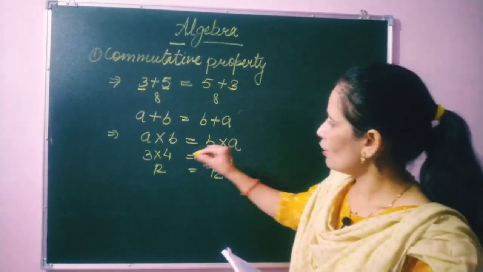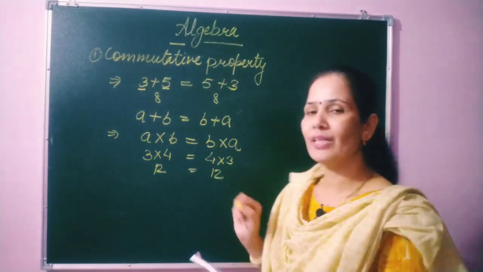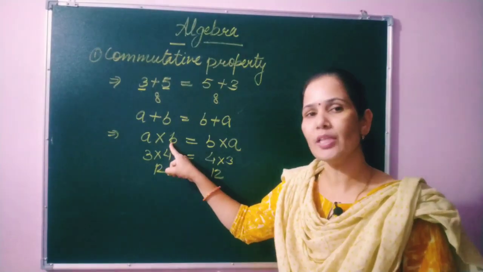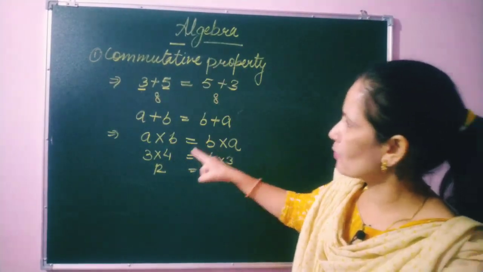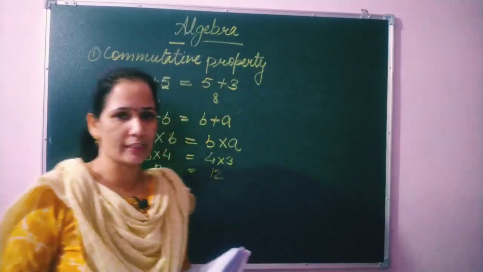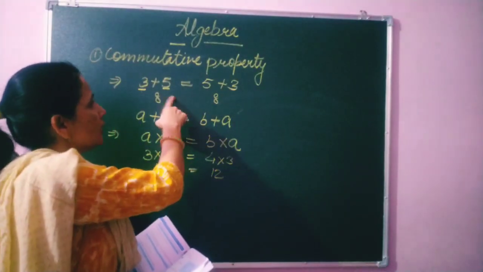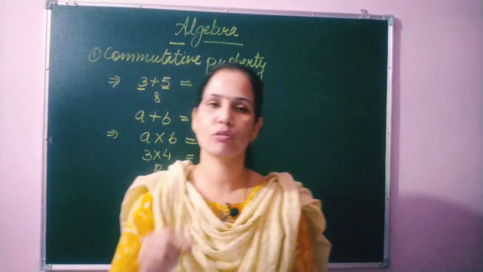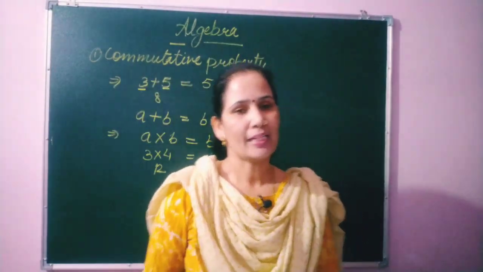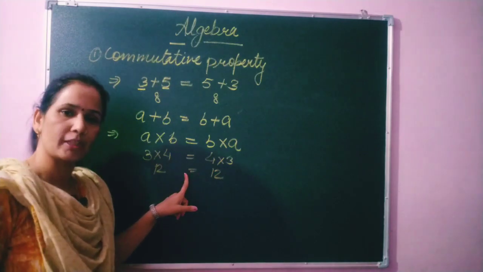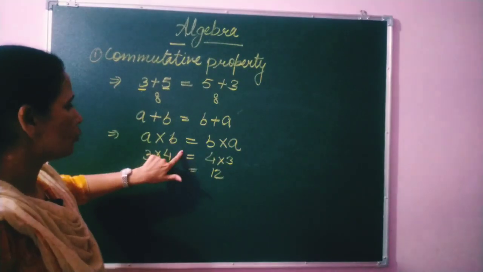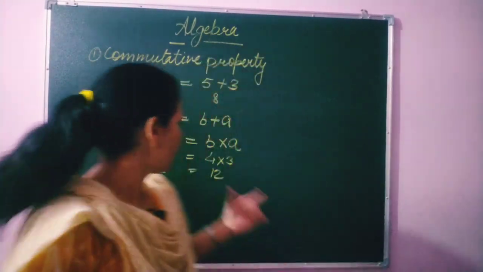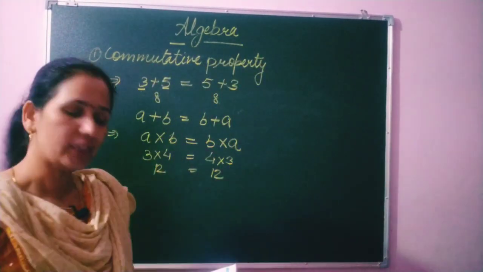So here, students, the values of A and B are whole numbers, and the values can be changed. Here we have expressed the property with the help of algebra. First is the addition property: if we add two numbers and change the order of the numbers, the answer will remain the same. The same condition applies in the case of multiplication also. When we multiply two numbers and change their order, the result will be the same. So A multiplied by B equals B multiplied by A.